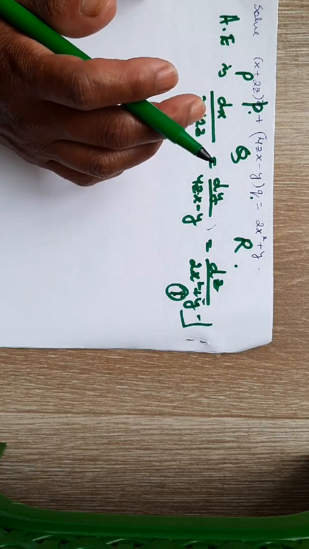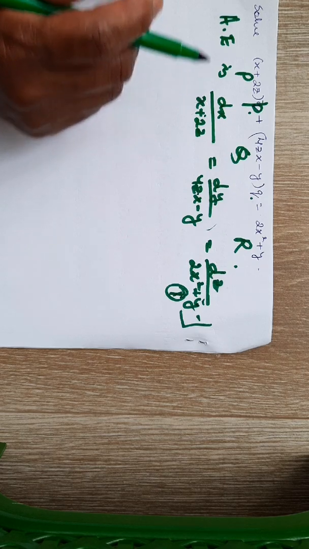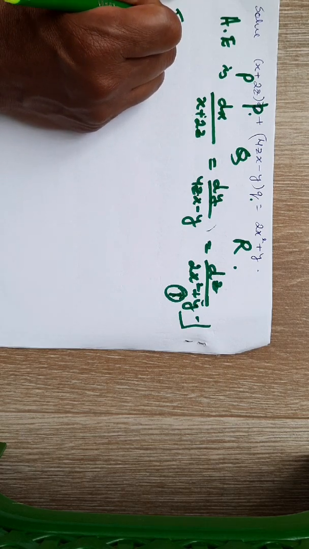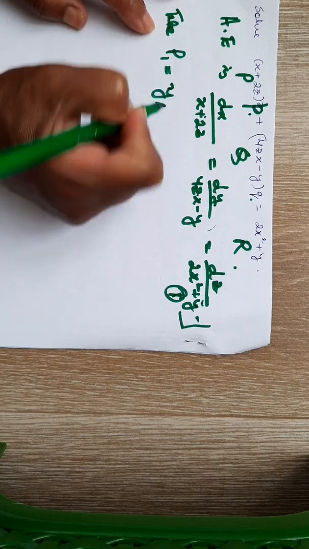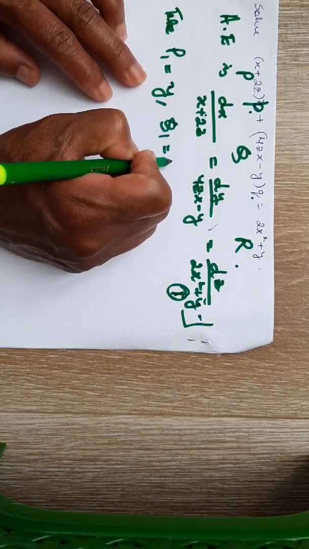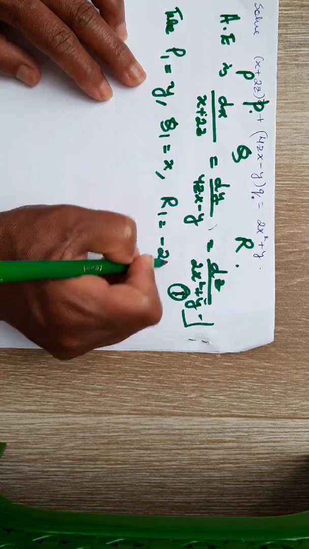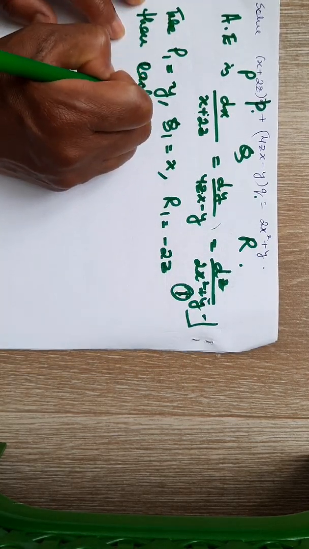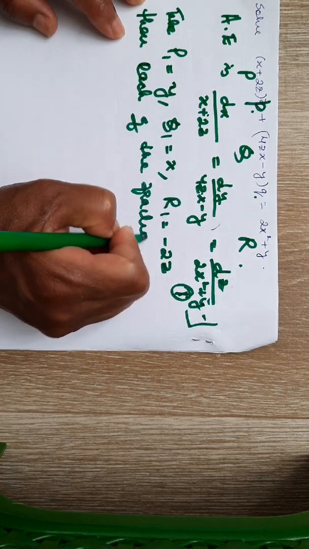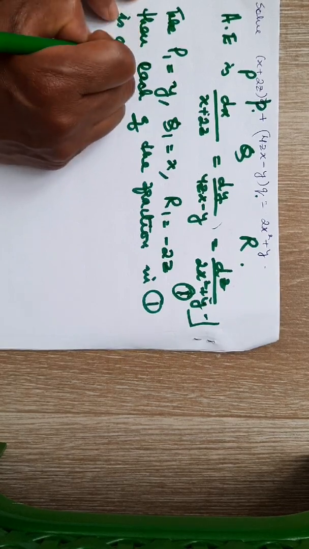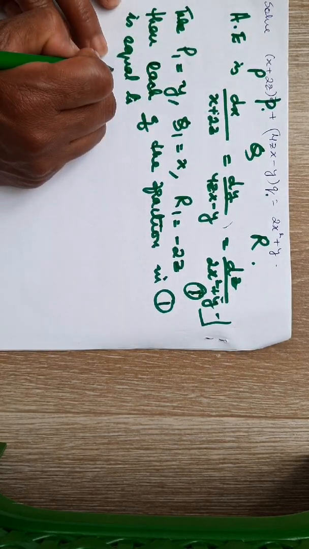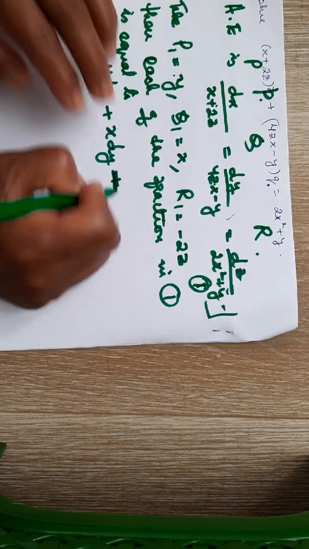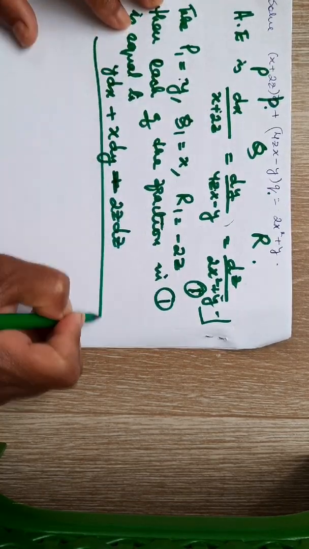We'll try to find suitable multipliers so that the denominator will become 0, in order to get two independent solutions. So let us first choose this one. Take P1 is equal to y, Q1 is equal to x, and R1 is equal to minus 2z as suitable multipliers. Then in that case, each of the fractions in 1 is equal to this one. It will be y dx plus x dy plus minus 2z dz divided by